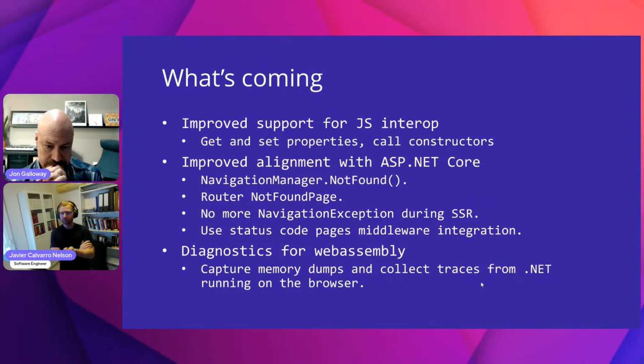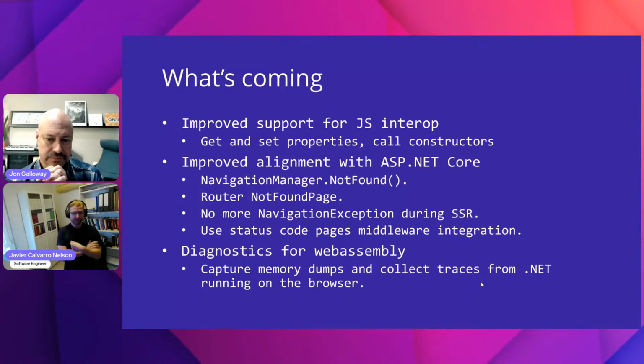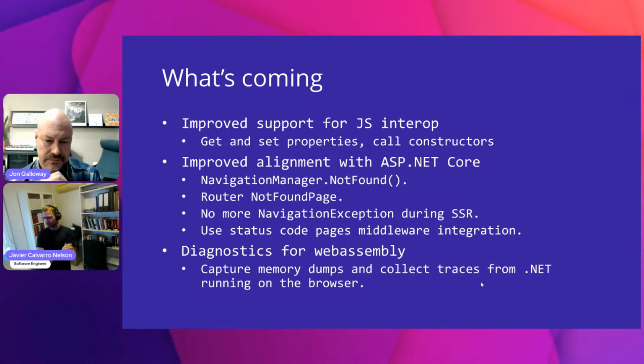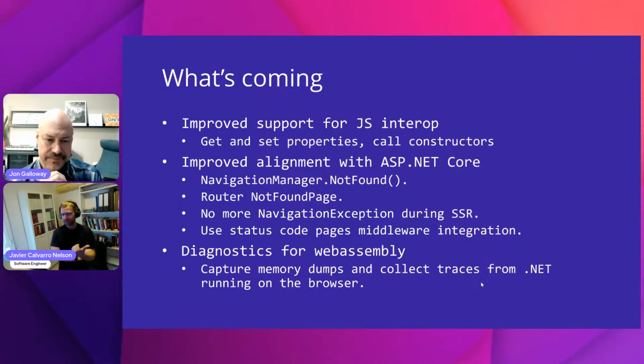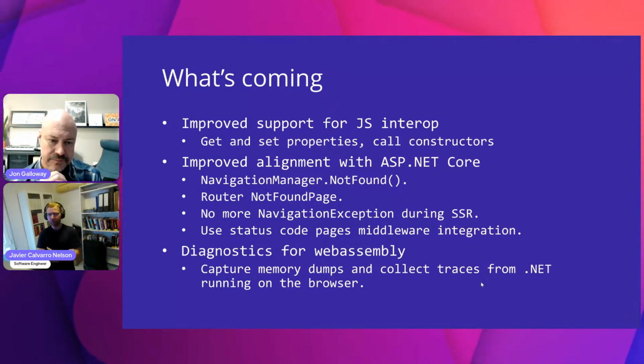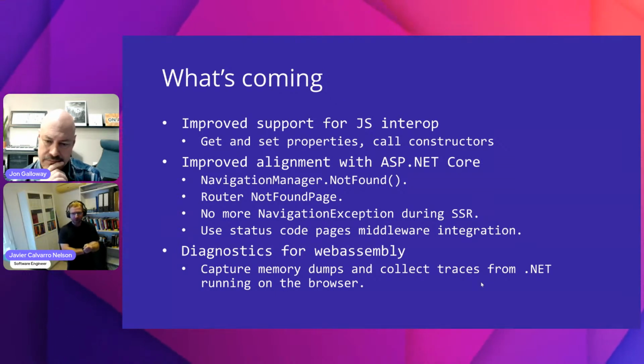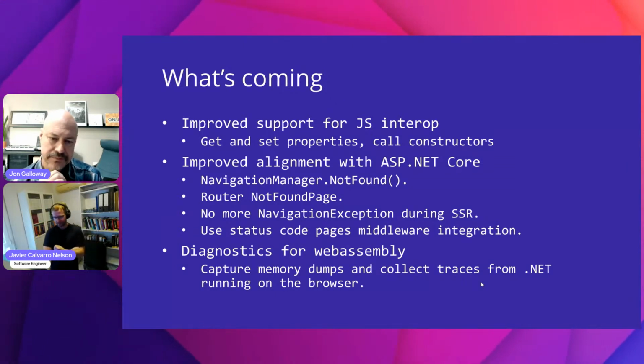We're also adding support for the status code pages middleware. So this is also part of the not found type of improvements. If you want to have a global not found, that can now be a Razor page essentially with this feature. We did support in .NET 8 for error handling, and this completes the other part of the picture. And the other thing that we are very excited